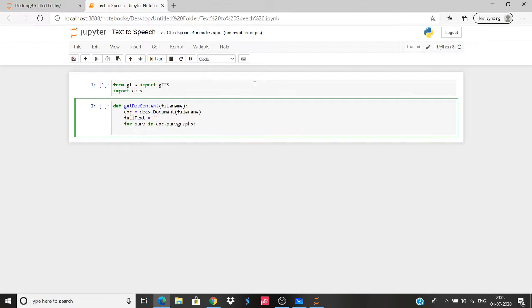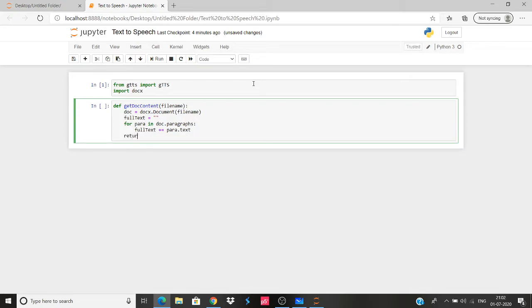Once we've got the paragraphs from the doc, the full text variable that we've used, which is blank for us, will now have para.text. Once we have this, we will ask it to return the full text, since the value is being stored in full text.